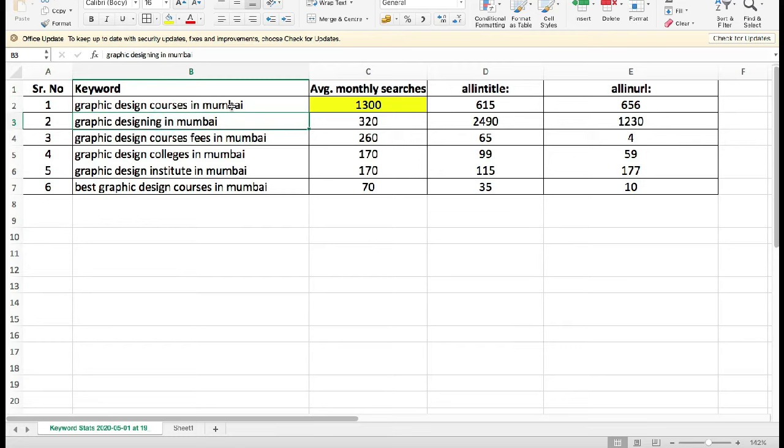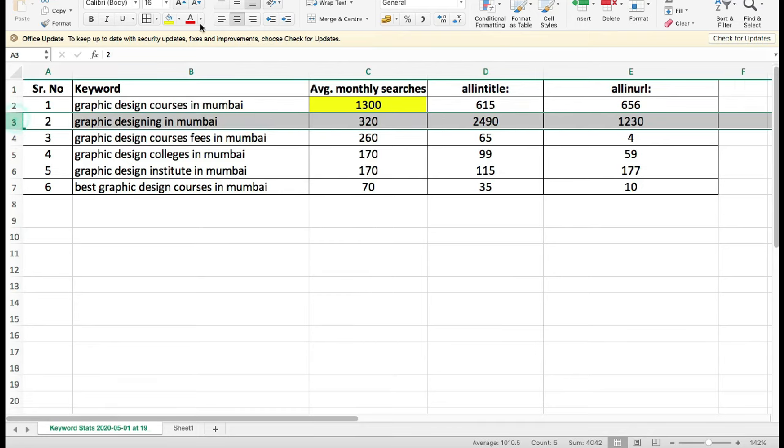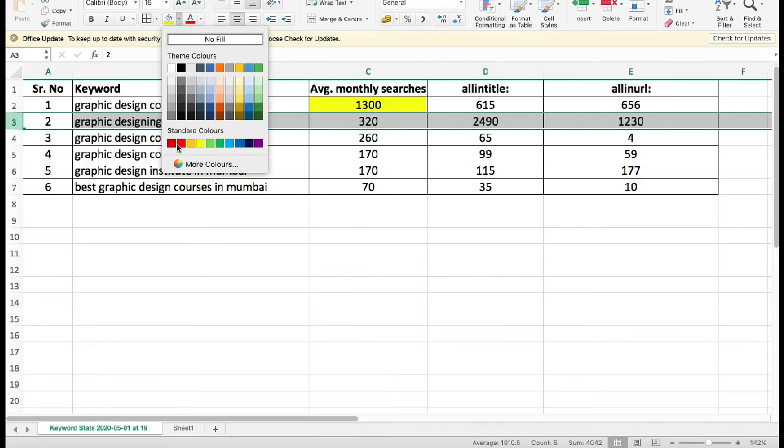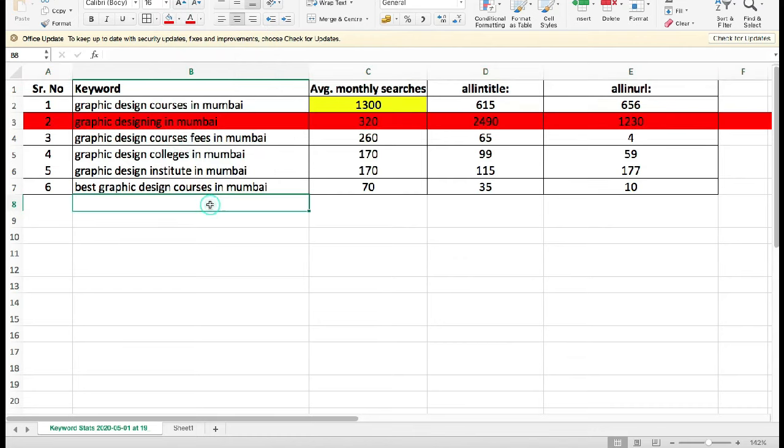Why? Because number of searches are high, right? Average monthly searches are high, and the competition is less as compared to this. So I'll definitely not consider this. Let me just mark this in red.